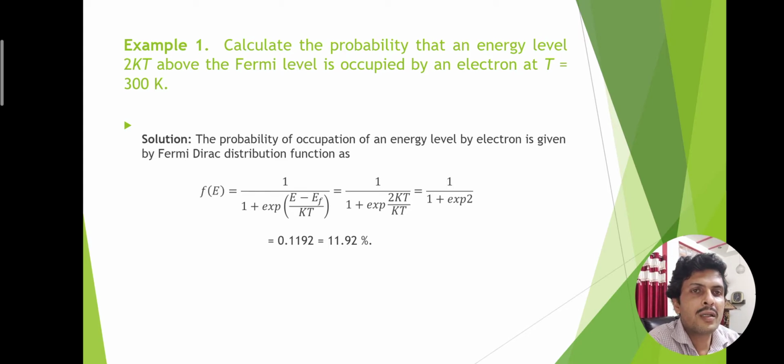So therefore this type of question requires us to remember only the Fermi-Dirac distribution equation. The value of K is sometimes required for a particular problem, but in this problem you need not calculate or remember the value of K, because from the equation it cancels out. That is, 2 kT by kT cancels out the presence of the Boltzmann constant.